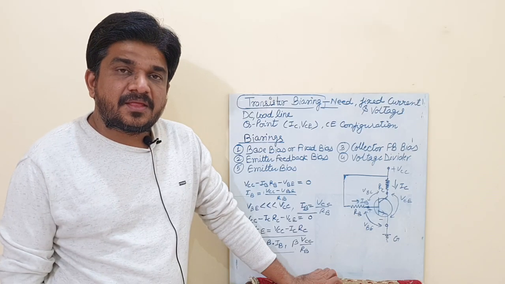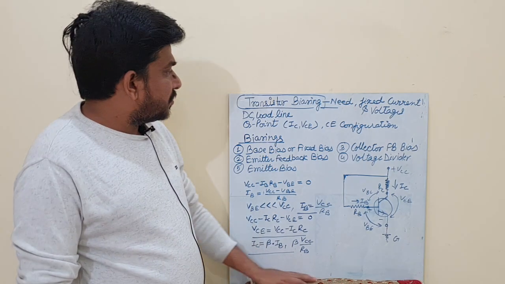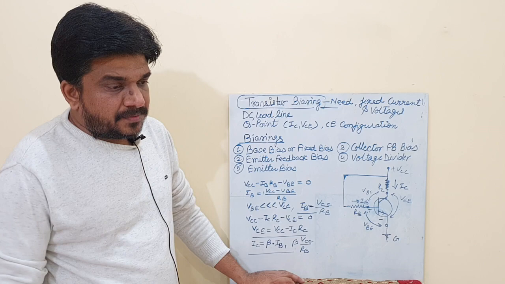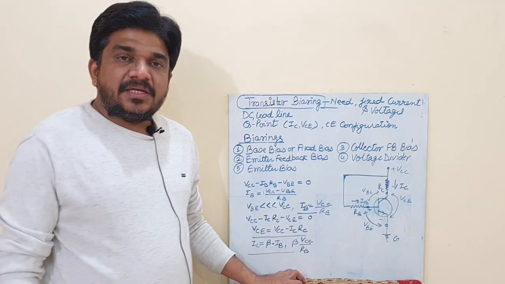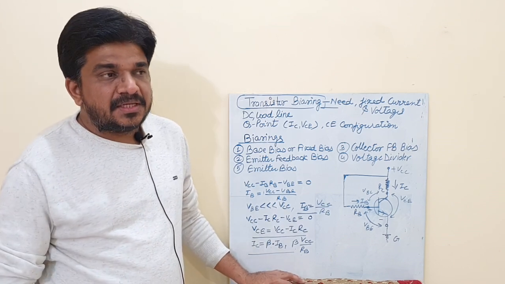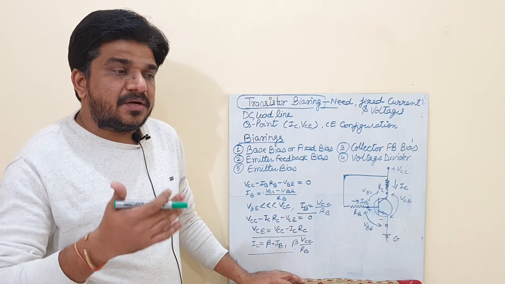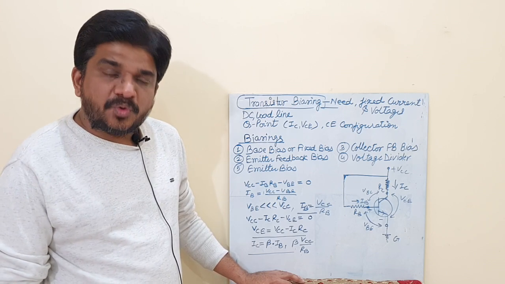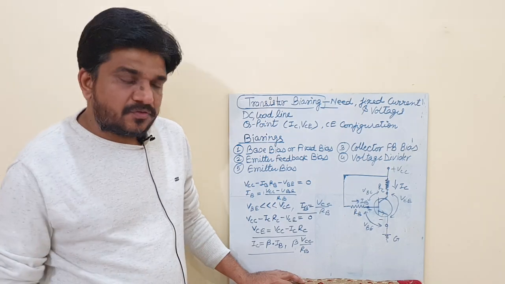Hello everyone, welcome again. Today we are discussing transistor biasing. From the time we started the transistors, initially I told you about the basic structure of the transistor, then how the depletion layers are forming, how we are breaking them, how we are putting the transistor in a conduction mode. Then I told you about the modes of transistor, means saturation mode, active mode, cutoff mode.